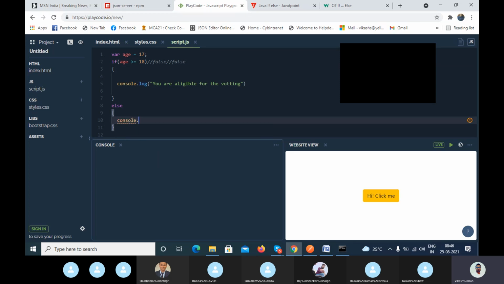If there is anything you want to execute here, let's suppose I want to print: you are not eligible for the voting because your age is less than 18